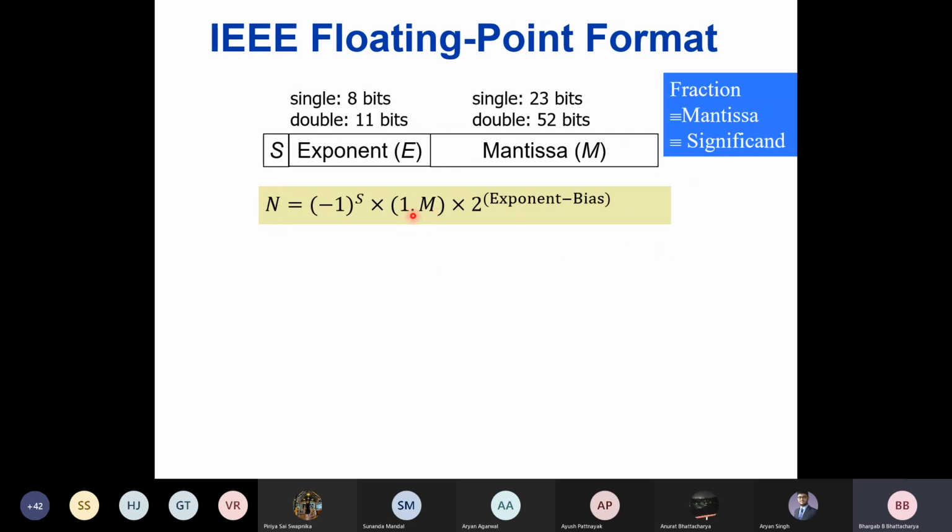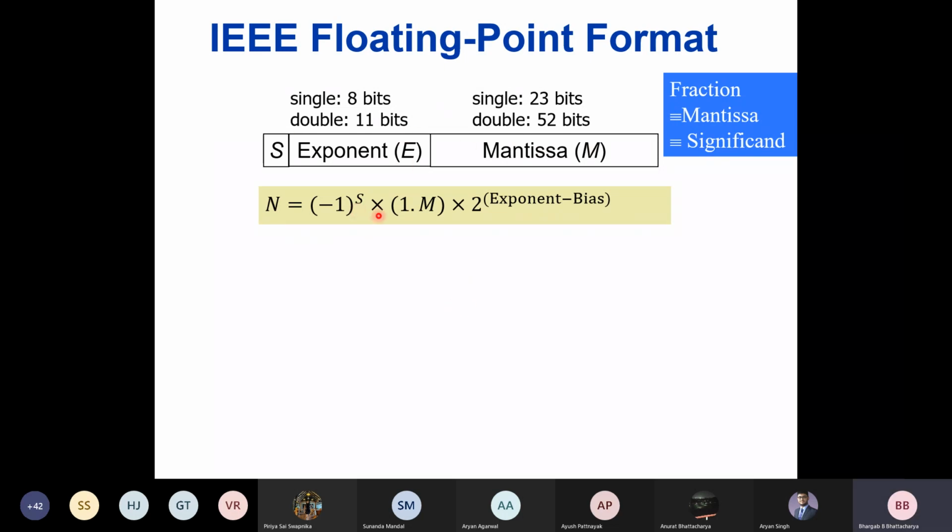That is, we assume the 1 is before the binary point, and this one is not explicitly represented here. The advantage of doing that is that you don't need to consume a bit in order to represent it. So it is hidden, implicitly represented. We don't need an explicit representation here. Because of that, you have one more bit extra, which we have used for the mantissa part or the exponent part.